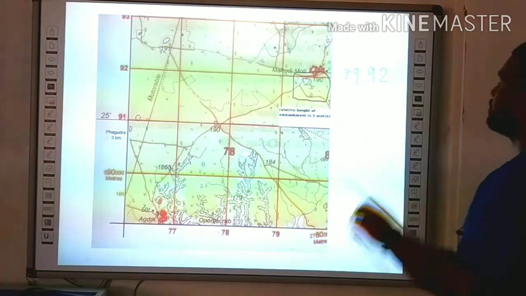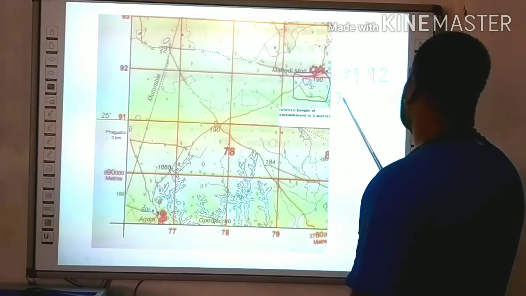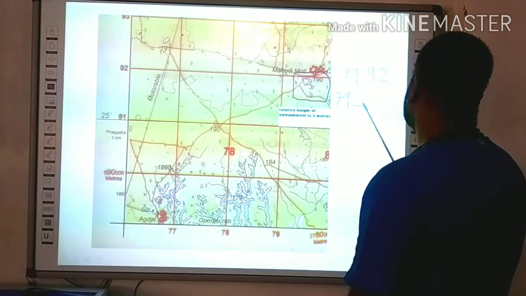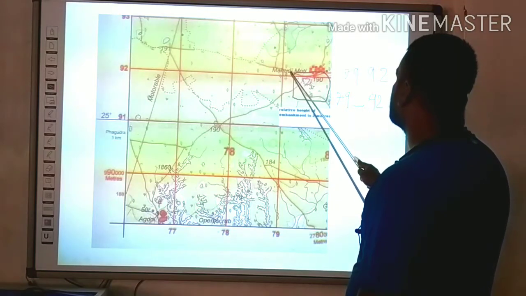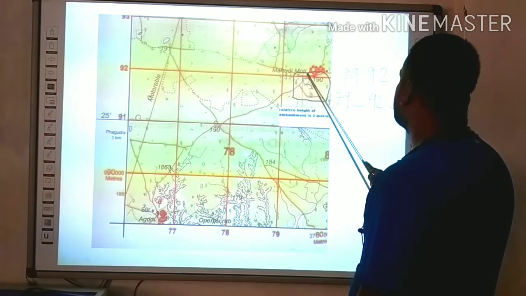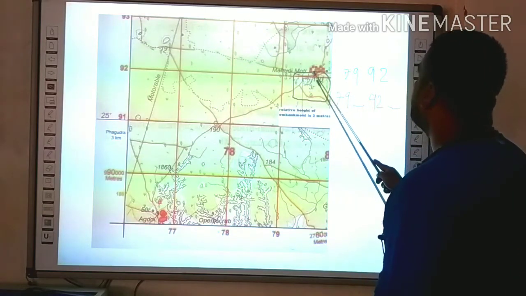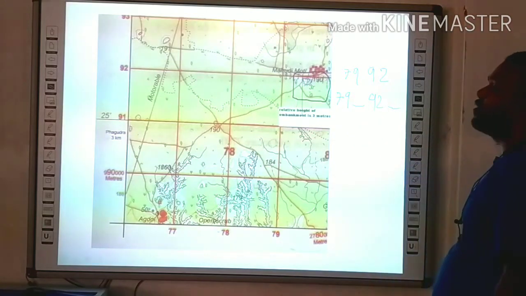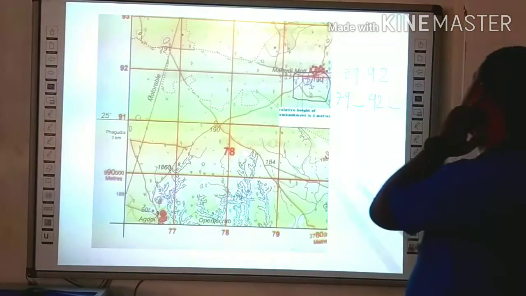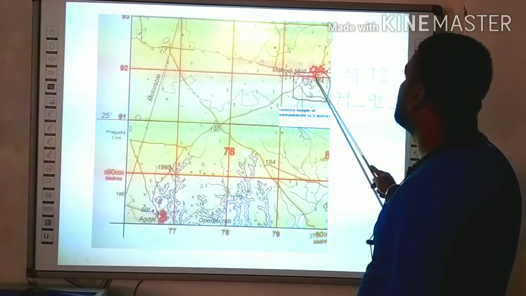Now let us try to find the 6-figure grid reference for the same settlement. As we have already got the 4-figure grid reference, let us write it: 79, put a small dash, 92, and again a small space. Now let us try to find out the small divisions. Now draw the 20 small lines. As we know, there are 20 small divisions in 2 centimeters. Now let us count it. Say 1 2 3 4 5 6 7 8 9. So it came